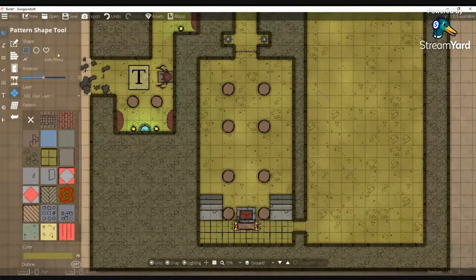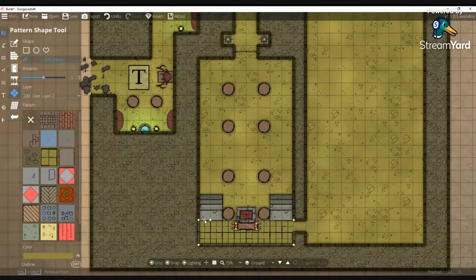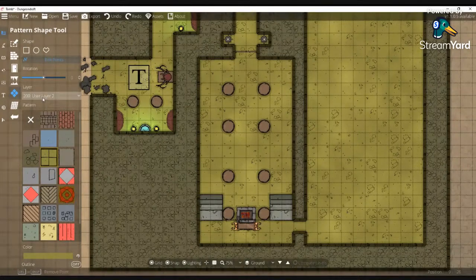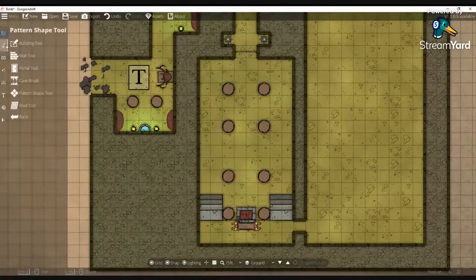All right. The reason I did that is so that we now have a layer that I can select, and then I can actually move it up a level, which I should have done first. Oops. All right. So we're going to draw this. It's going to be on level 2, and our item here should be on level 1. So when I draw this layer,